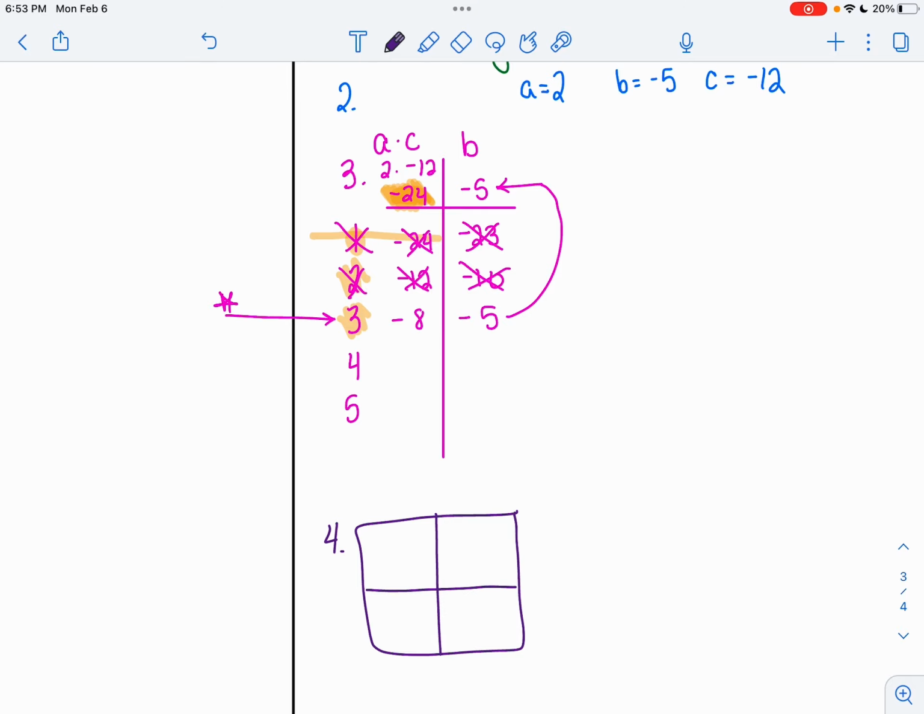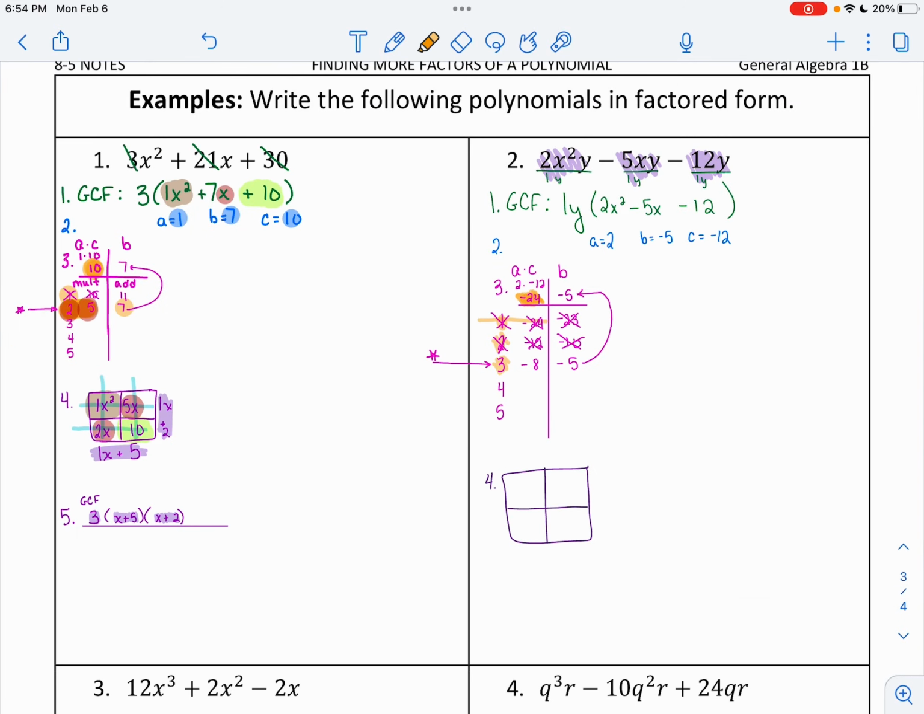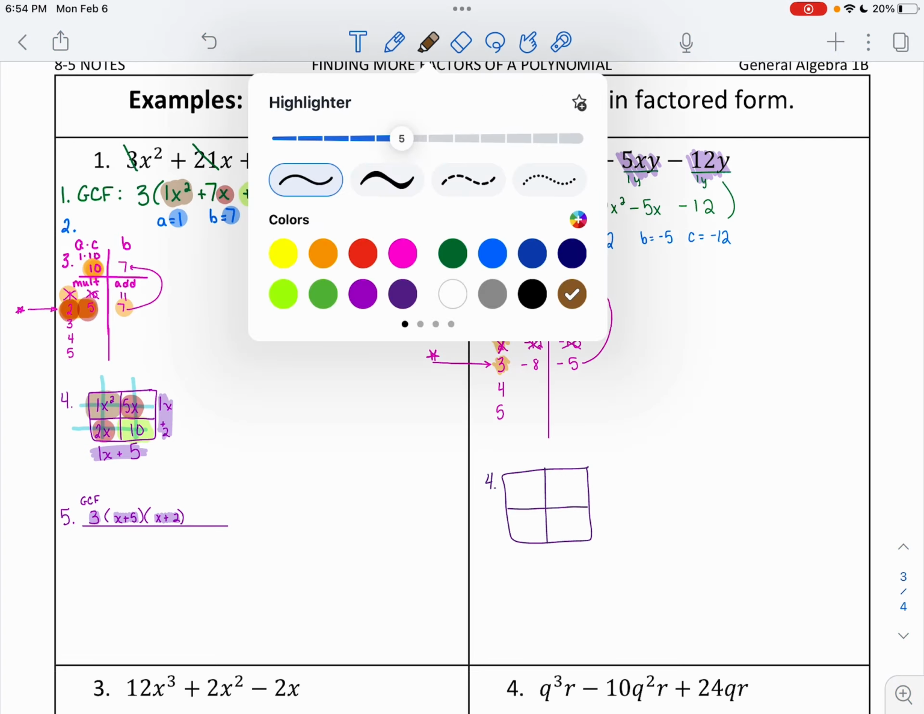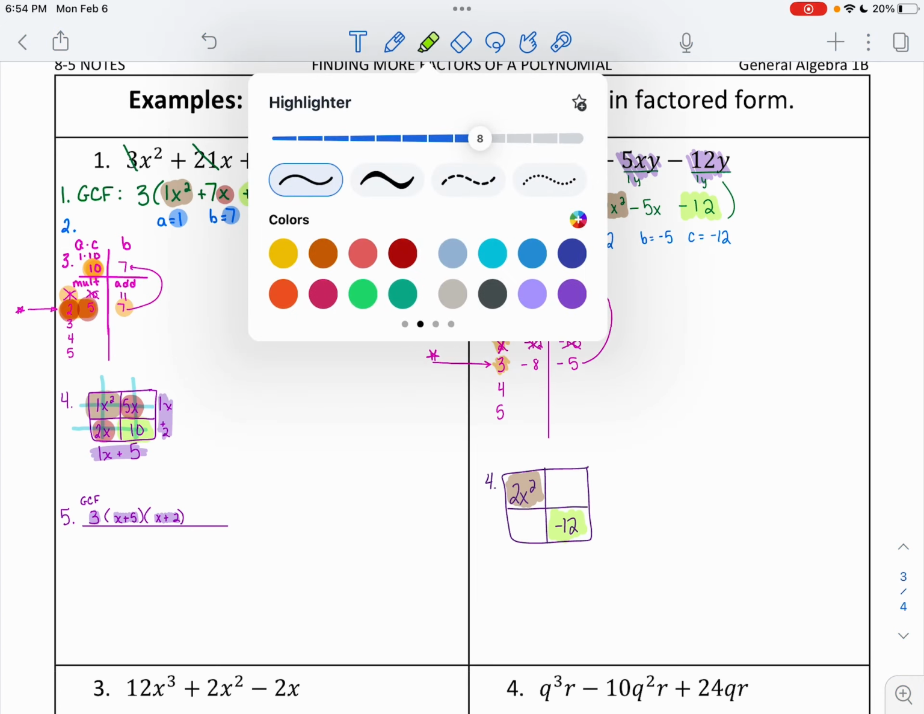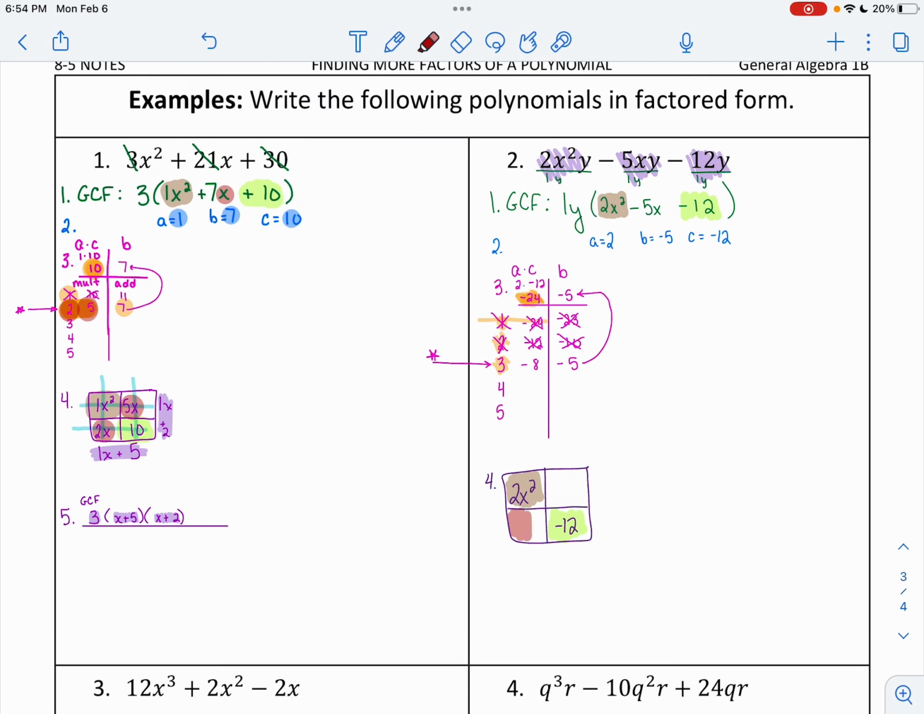Try to recall from the last problem where we pulled everything from. We got the top left of the box from step 1, this right here, so 2x squared. We got the bottom right of the box from right here, the C value of negative 12. We got the catty corner boxes here and here